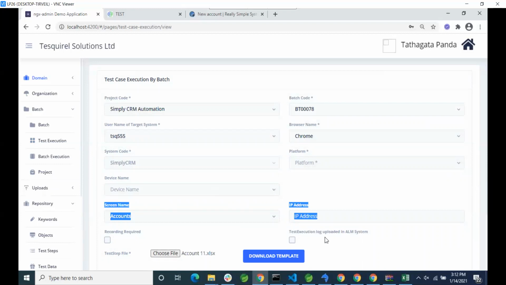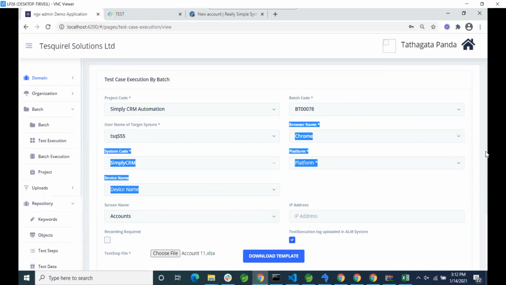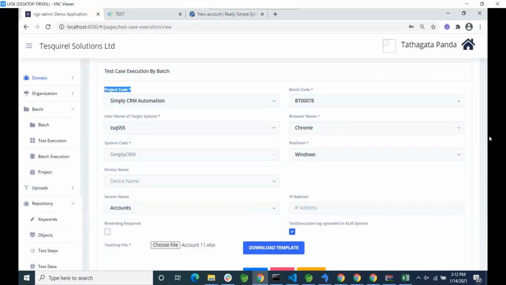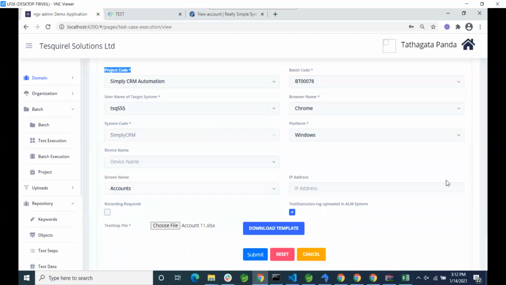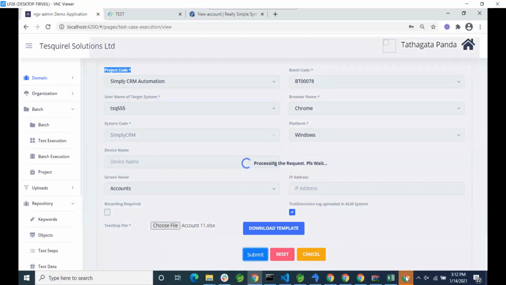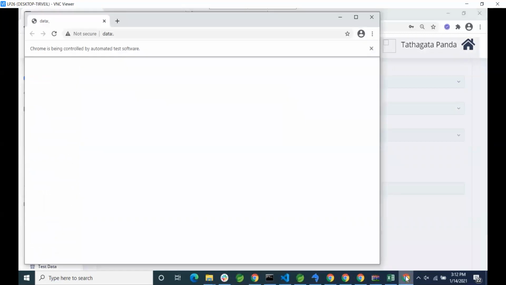Once the file is ready, we can select the file. And this is the test execution log upload in ALM system indicator, which if I click on, it will upload the test execution logs in the ALM system. Once the setting is done, we'll select the platform also and click on the submit button. The moment we click on the submit button, it will open the browser in a new window,